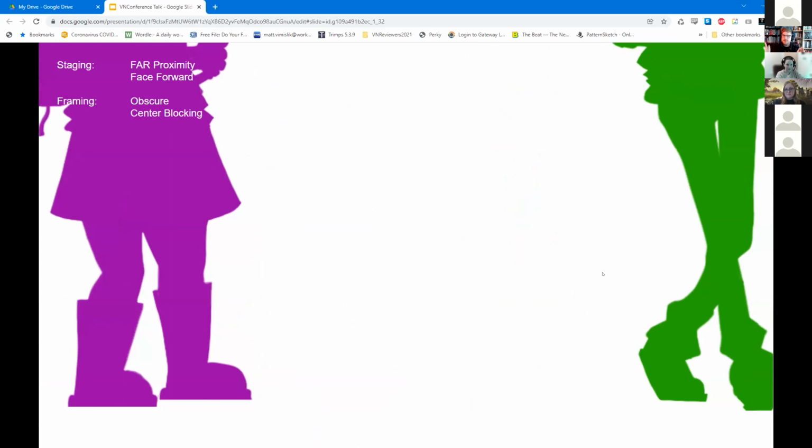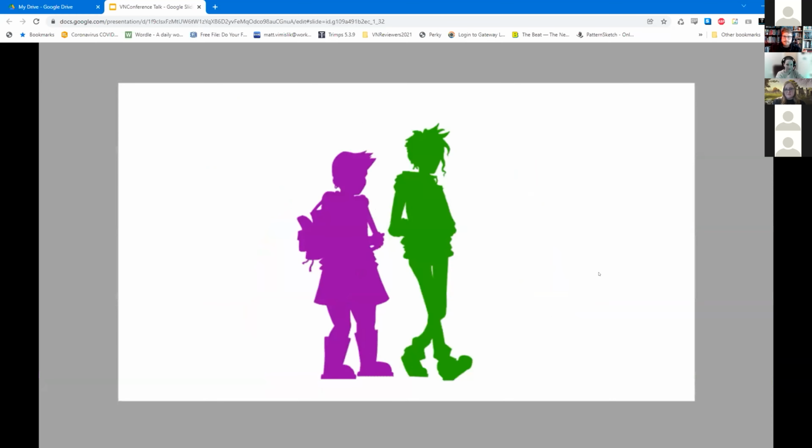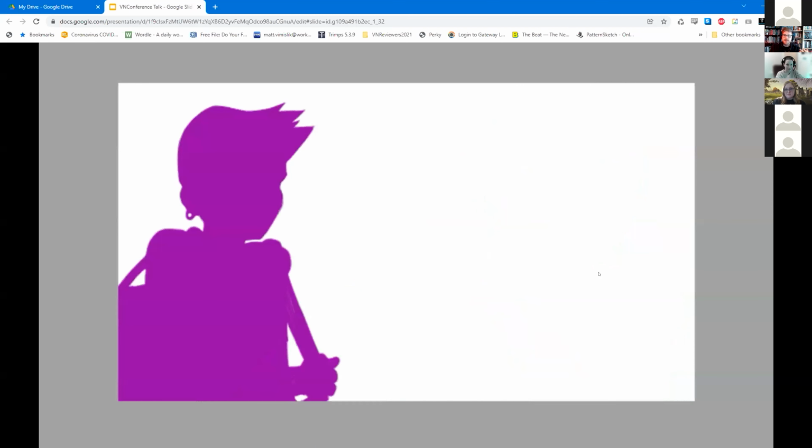Now we can see the physical distance between the characters, but we're still emphasizing that emotional distance through obscuring their faces. It may have been a personal, emotionally fraught conversation before, but now it's a cold decision that they should be apart. And now through the spotlight framing, we can emphasize this entire conversation is left to the purple character alone. So even without words, we can get a clear sense of the relationship dynamics at play through this conversation.